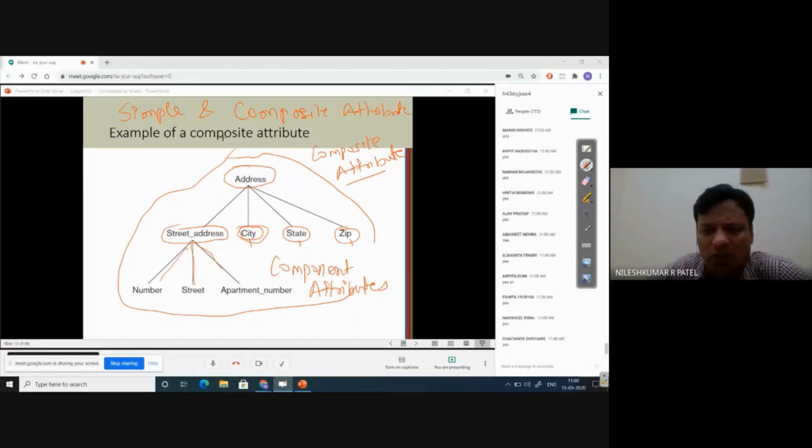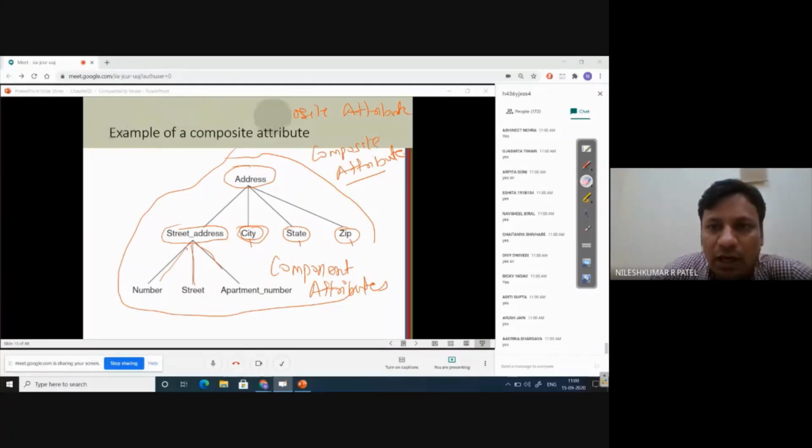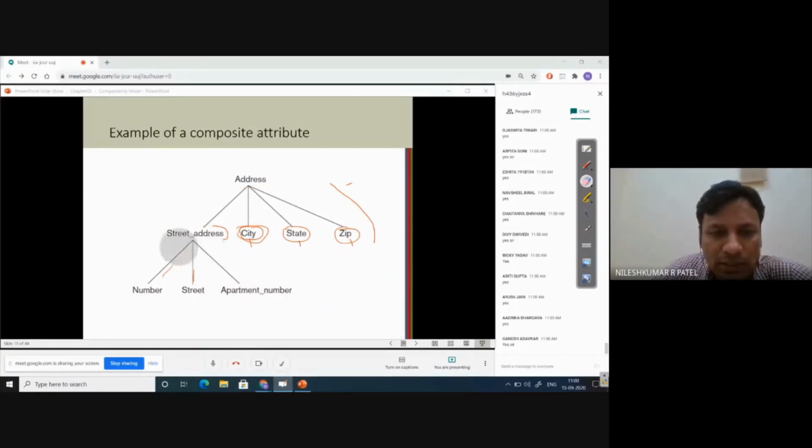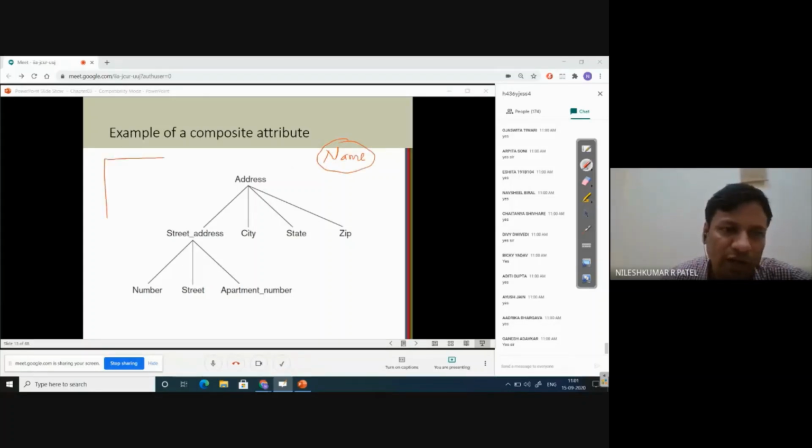We always compare simple attribute with composite attribute, and please pay attention here. Now it is a design aspect of the database. Try to understand: if I say a name attribute is there, for example, there is a student database or employee database. In the employee database, there are certain fields, one called name, the name of the employee, or name of the student, maybe.